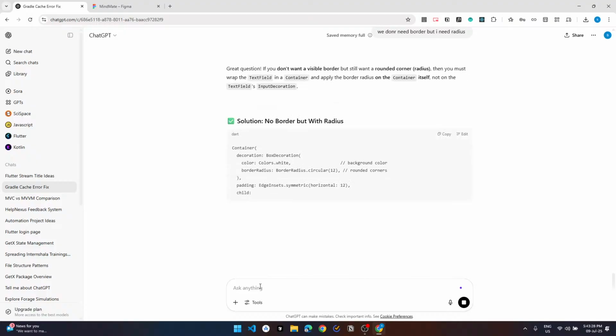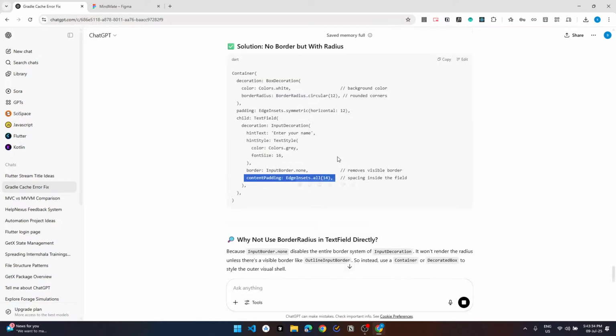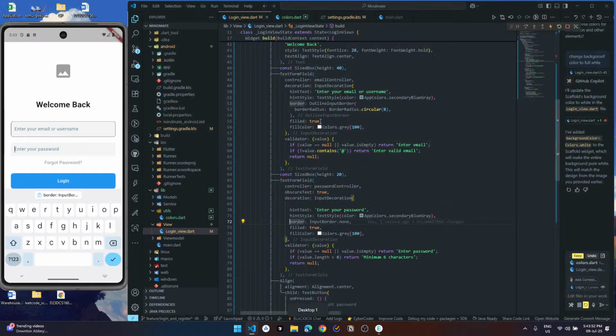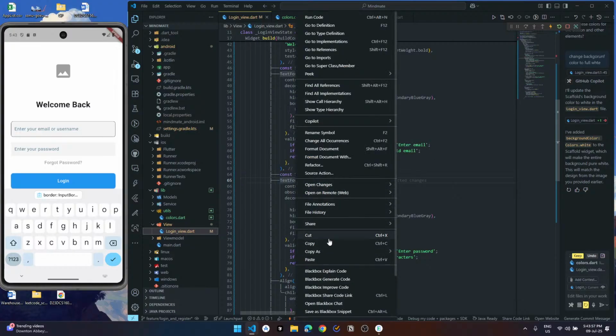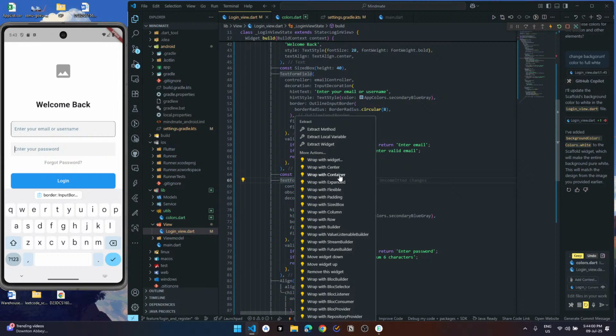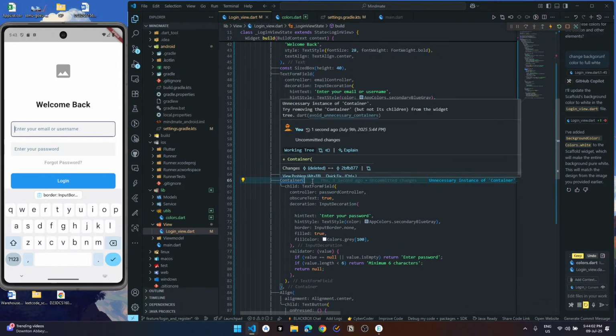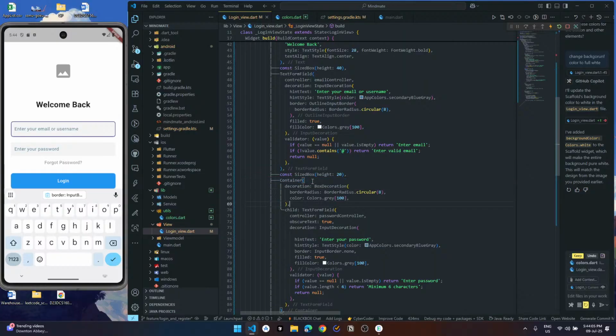Not a visible border, I still want a rounded corner radius. But none. Converting container decoration border radius. So okay, that would be fine. We'll try on this. Refactor with our container and creation, yeah.